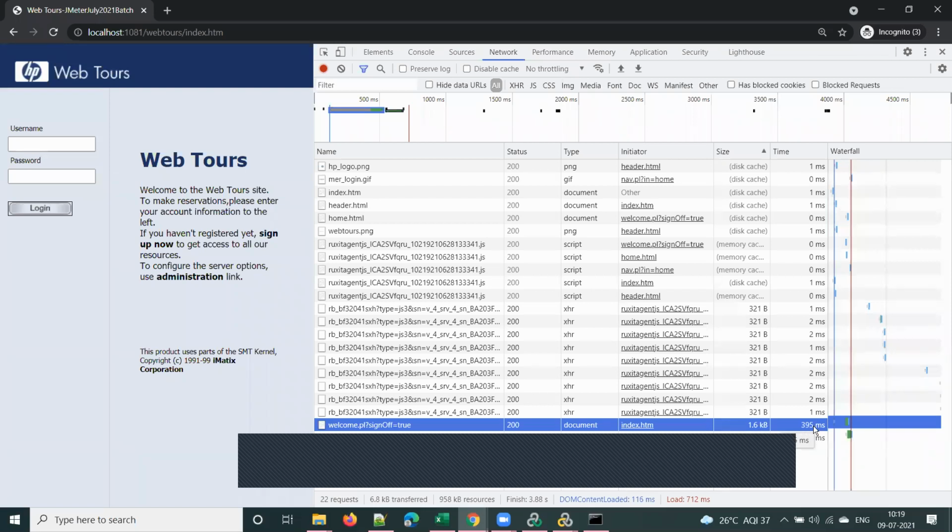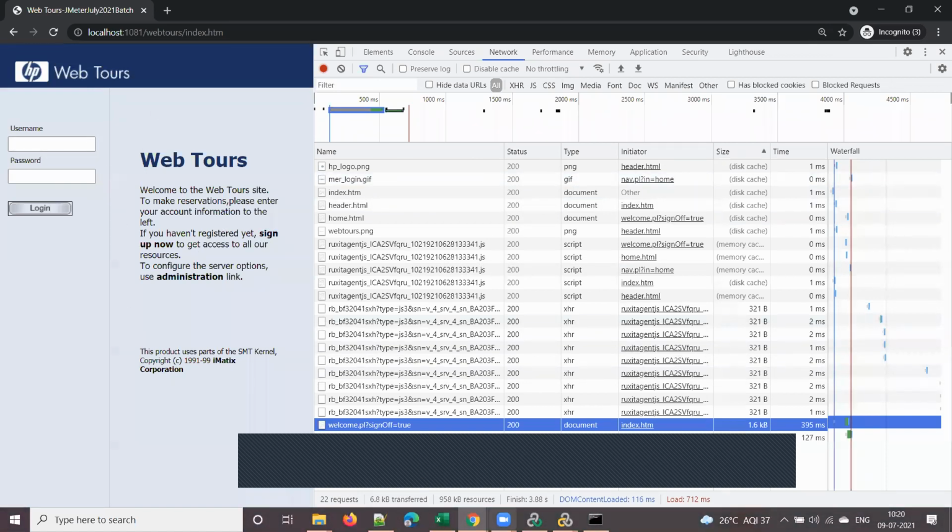And it took 395 milliseconds to load this welcome.pl. In the same way, nav.pl took 127 milliseconds, right? So if you sum up all this, you'll get approximately the total response time of the page. Understand one thing here: it will take some time to get the resources and then to load the page for you.